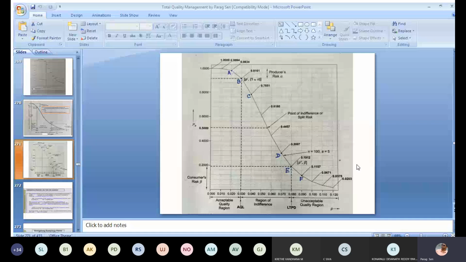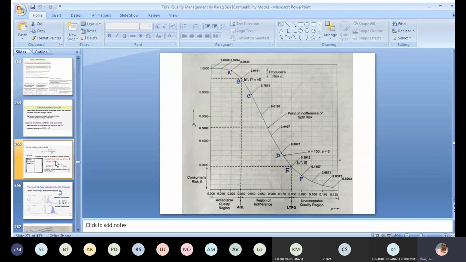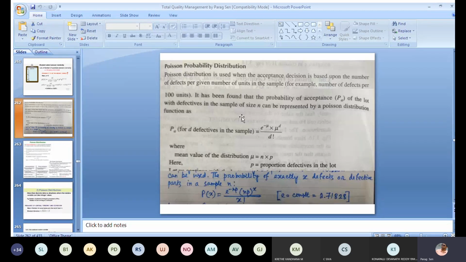So it is just the same thing. This is the function. This function is the Poisson function, and I have shown you the formula for your Poisson function. Okay, so for the Poisson function, this is the y-axis value you are going to find. So this is being represented by the x-axis value. Where is the x-axis value? The x-axis value means proportion defective.